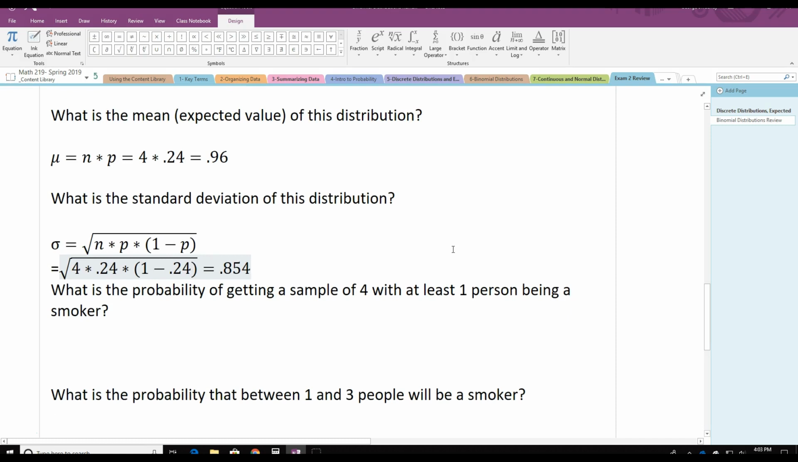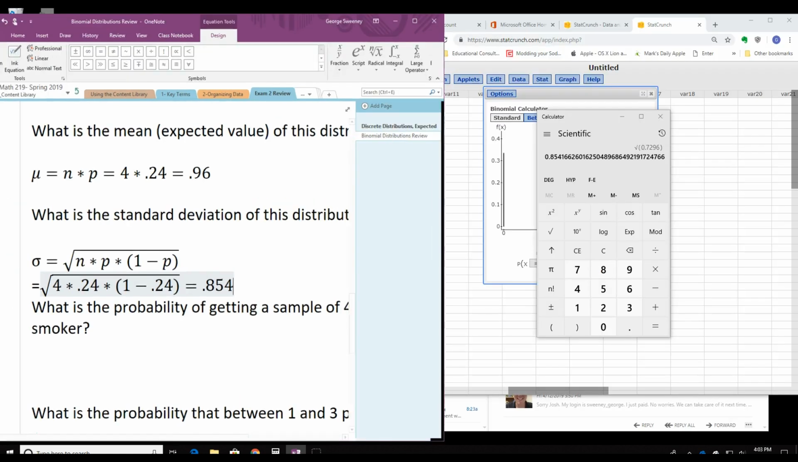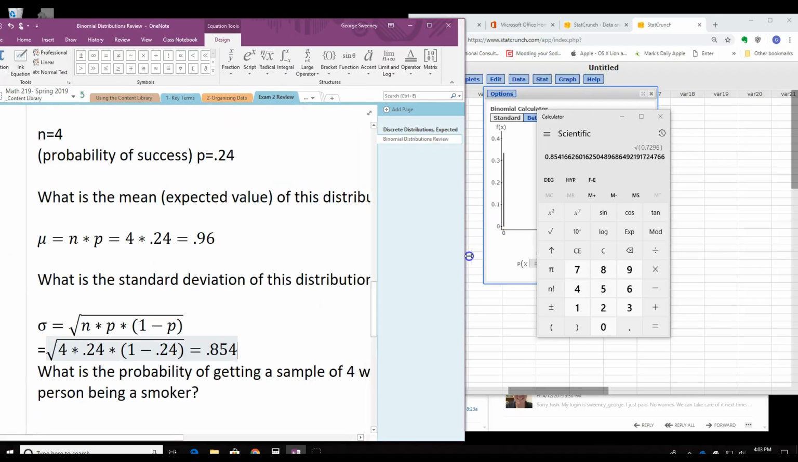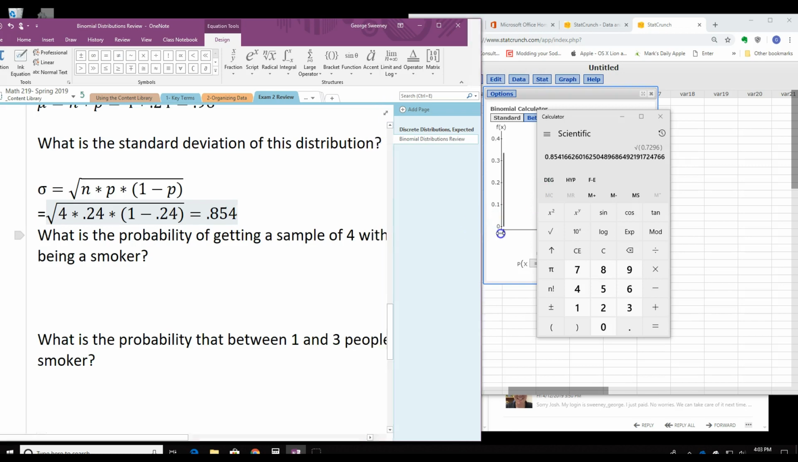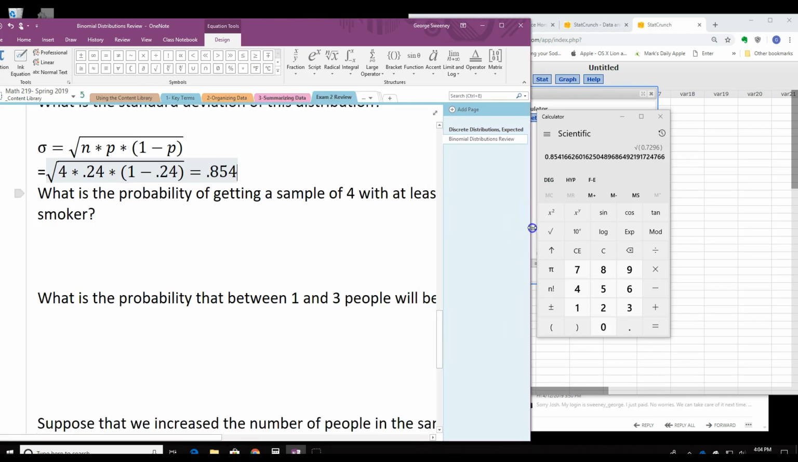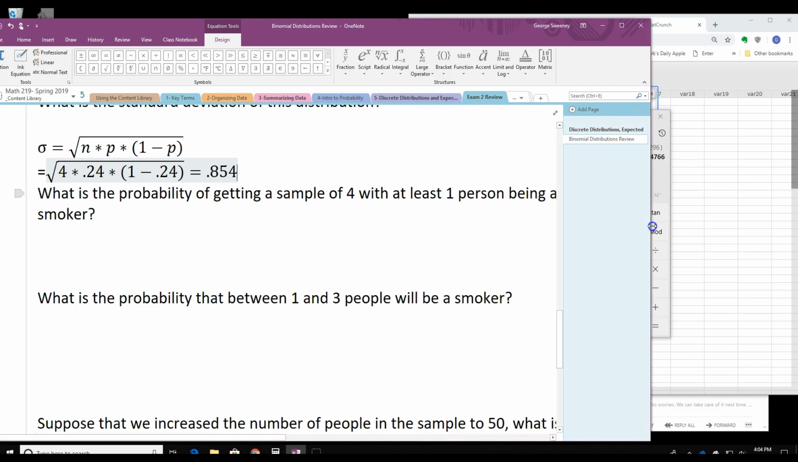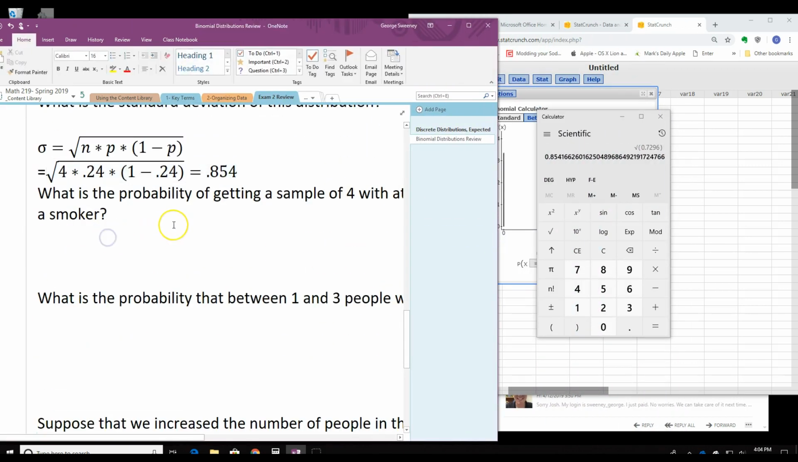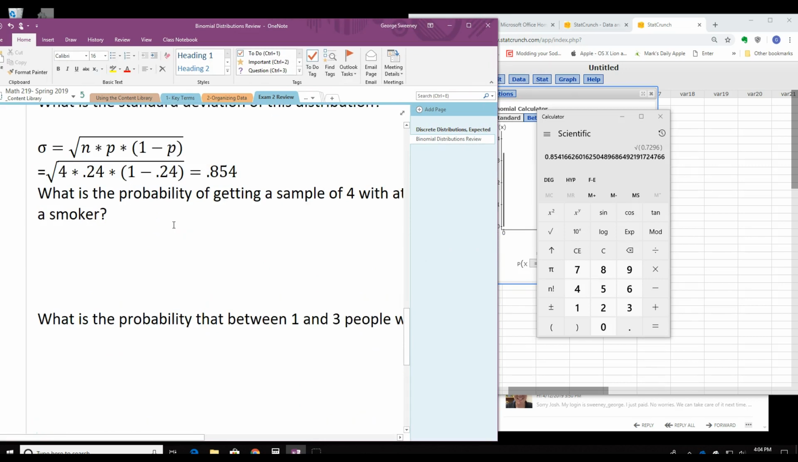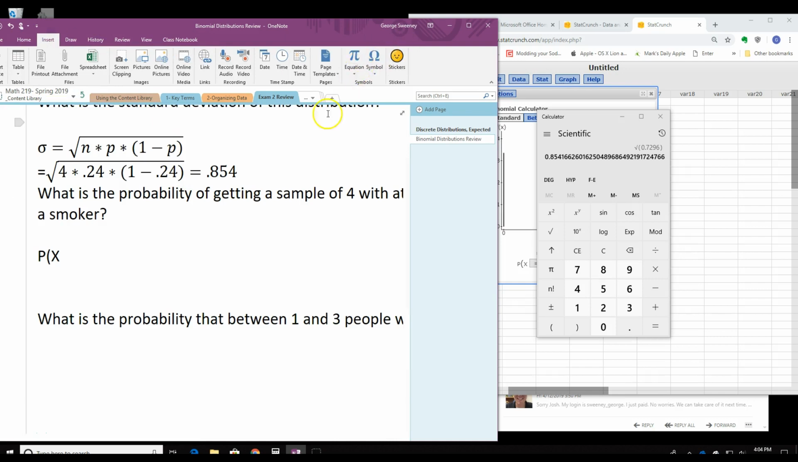Now what we can do is utilize StatCrunch or your calculator in order to answer some pretty simple questions about the binomial. Let's look at this first question. What is the probability that a sample of 4 will have at least one person being a smoker? For this exam, I'm going to require you to utilize your probability notation. So we're going to have the probability that x, and it's at least, so x is going to be greater than or equal to